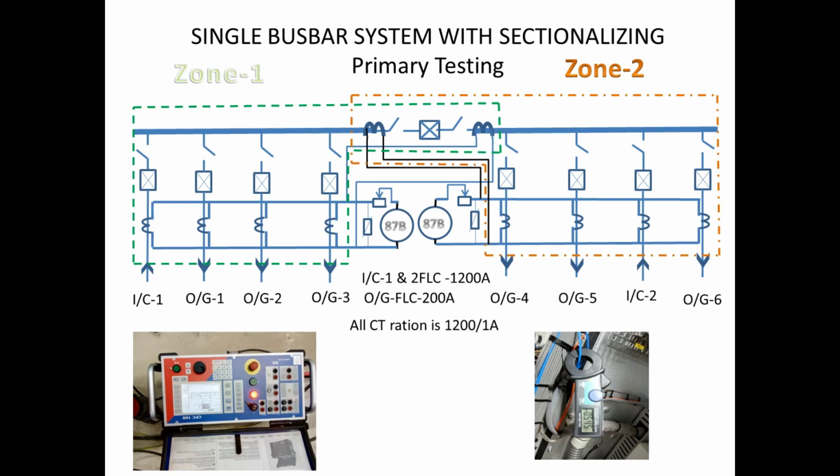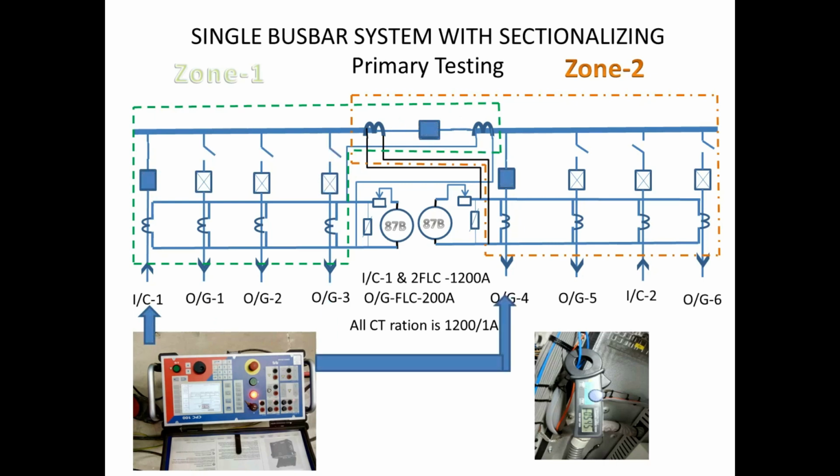We are going to see primary testing and secondary testing. First we see the primary testing. For this we have to take the incomer as a reference. We have to check one by one, and the corresponding isolator and breaker have to be closed. While doing the primary injection, we have to make a loop on the series resistor and also provide tripping feedback to the kit.